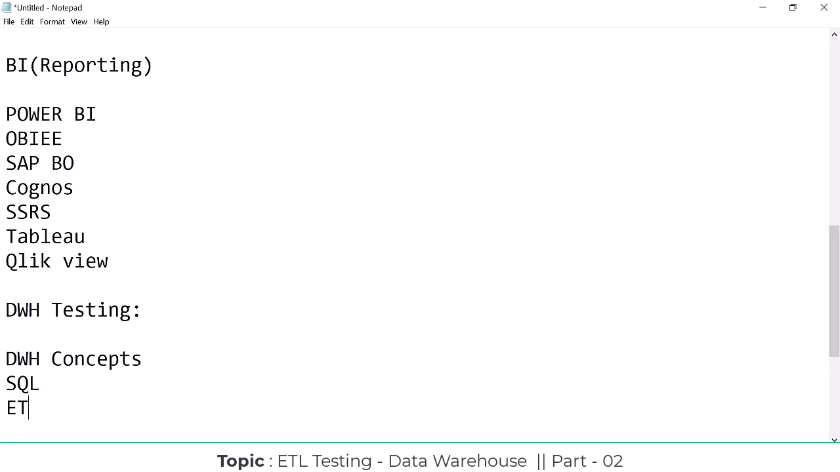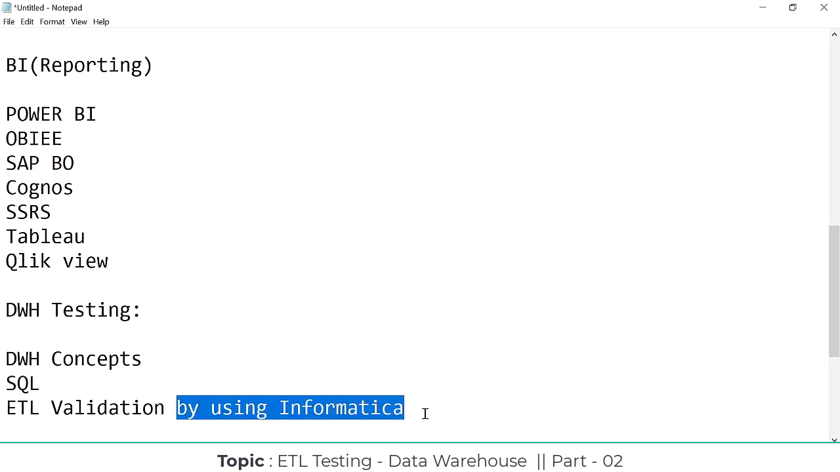Next, ETL validations. How are we going to do ETL validation? By using the Informatica tool. I am going to explain how we do the validation using Informatica. Again I am telling you, we need not bother about the tool. In place of Informatica, if you choose any other tool, either Talend or ODI or any big data or AWS cloud,